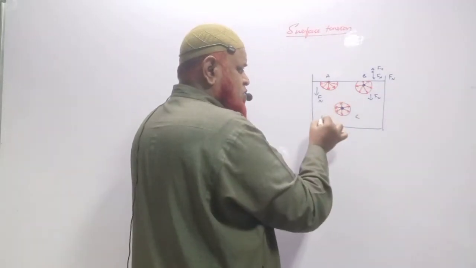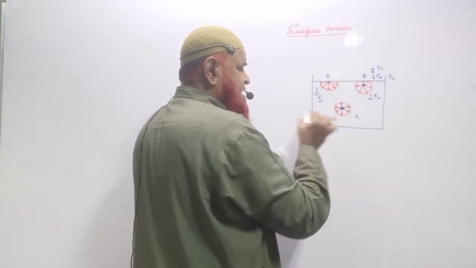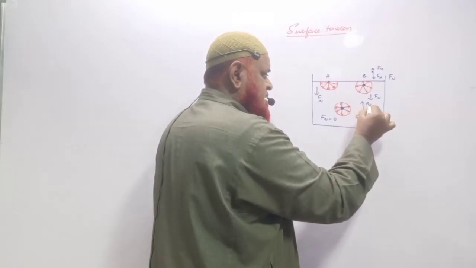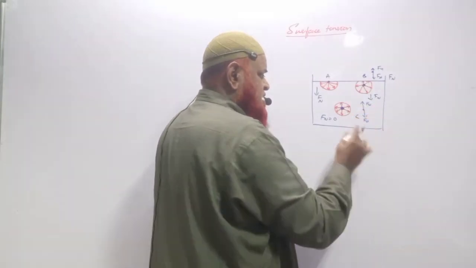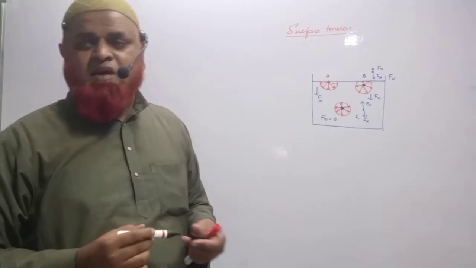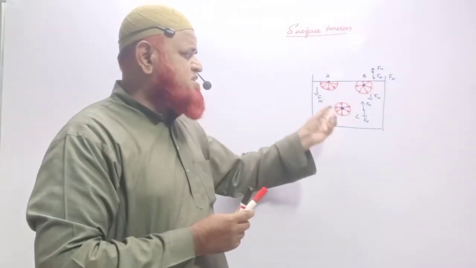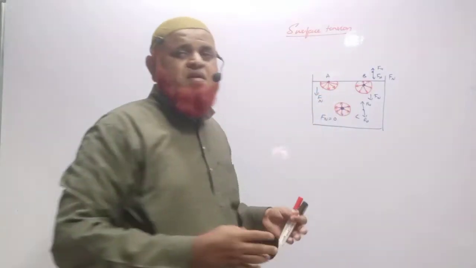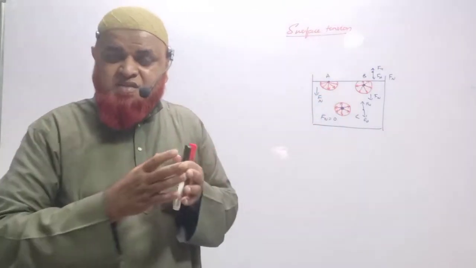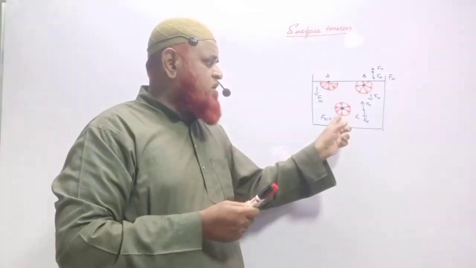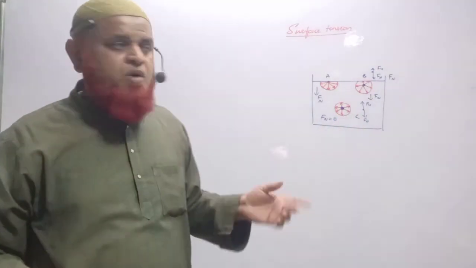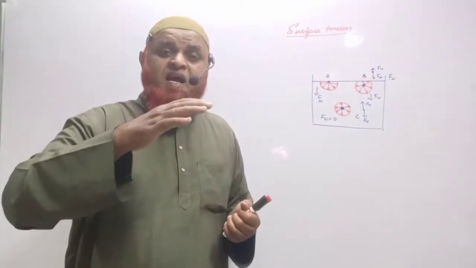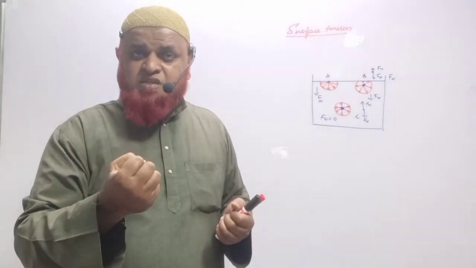But in this one, what is the net force? The net force acting is 0, because whatever force is acting upwards and the force acting downwards, both are going to be the same here. Why? Because as this molecule is exactly suspended inside the water, the surrounding molecules attract in all the different directions equally with equal forces. Therefore, the net force acting is going to be 0. So only the molecules on the surface have a net downward force.